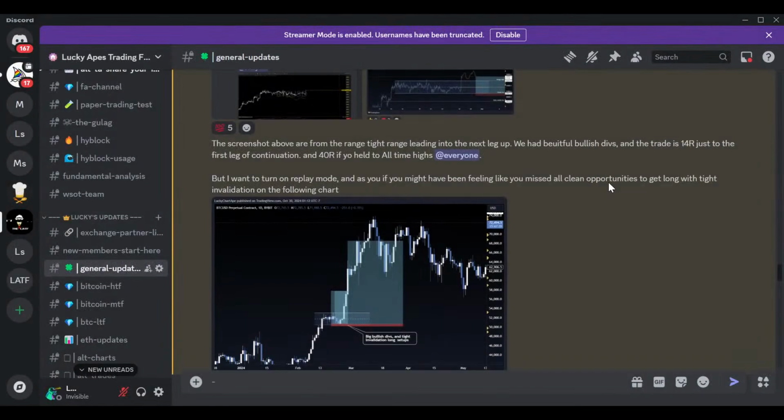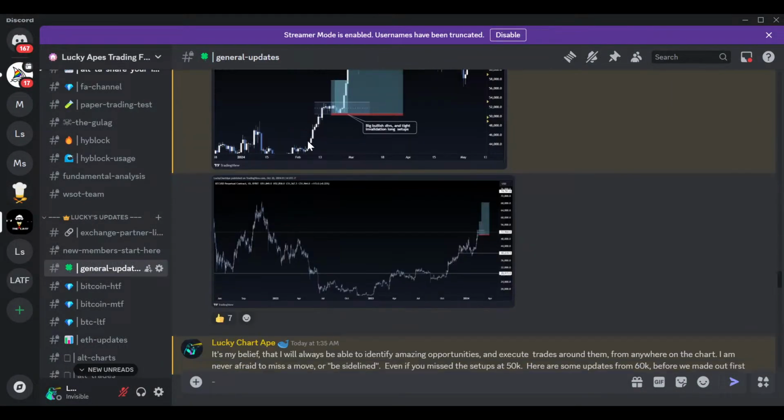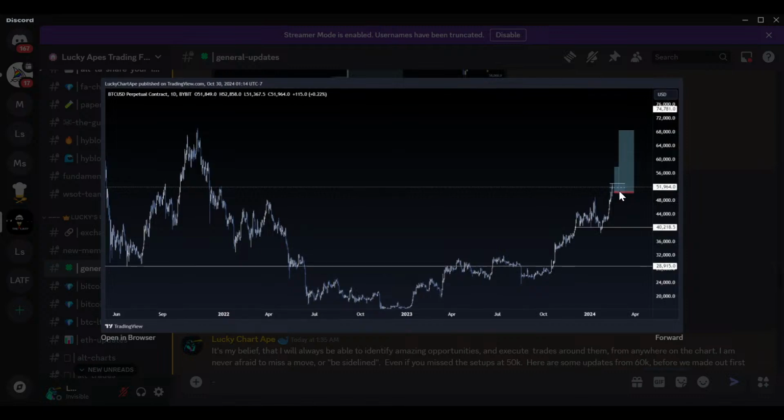So my point here is, you could have felt like, oh my God, I've missed every long. I'm not long here. There's no long setups. There's perfectly reasonable structured trades here. A little bit of patience. If you quote unquote miss a trade, that's fine. Just look for a clean setup. The setups here to get long were there, right?